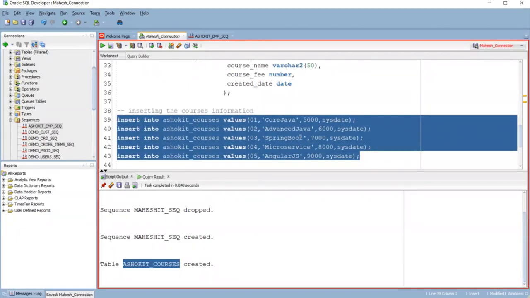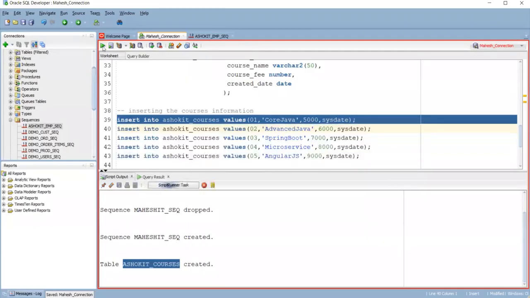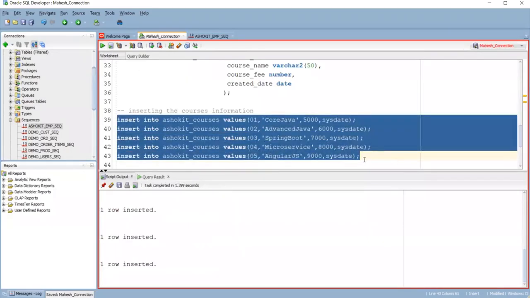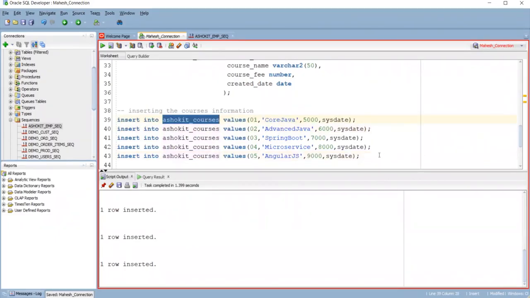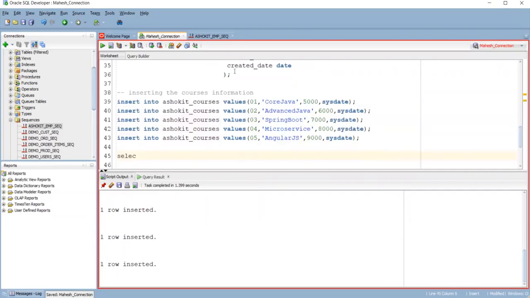Are we inserting the data into the table or not? This is our actual requirement. I just created the table here. See, how many inserts got happened? 5 inserts got happened. Just check it out. Commit the data first, and then